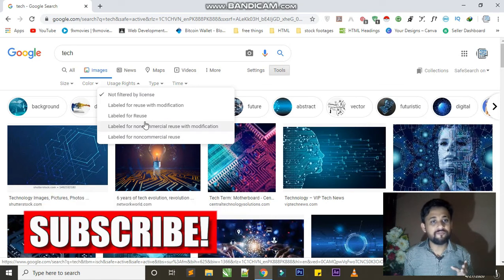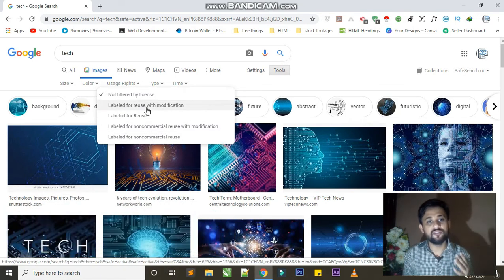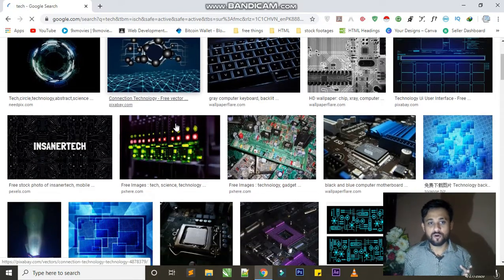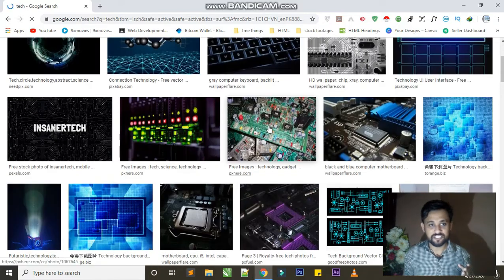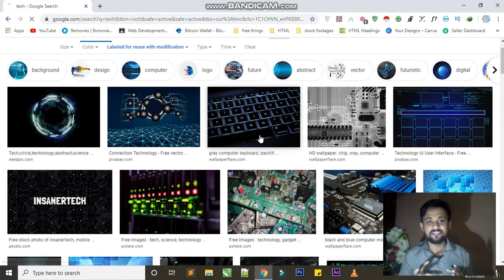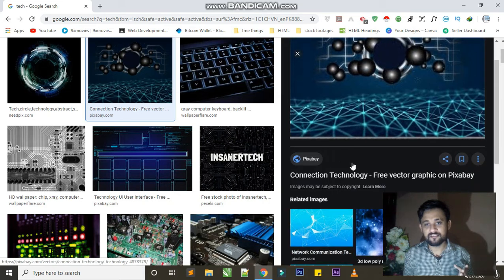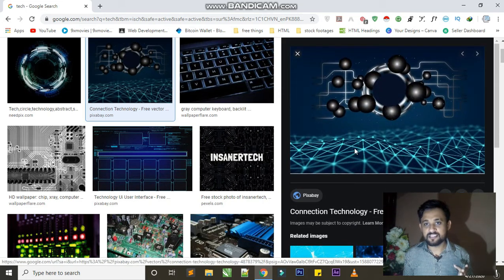Now you have to go to labeled for reuse with modification. All of the images that you are now watching on your screen are copyright free images. I have clicked on this image and you can see where the image belongs.